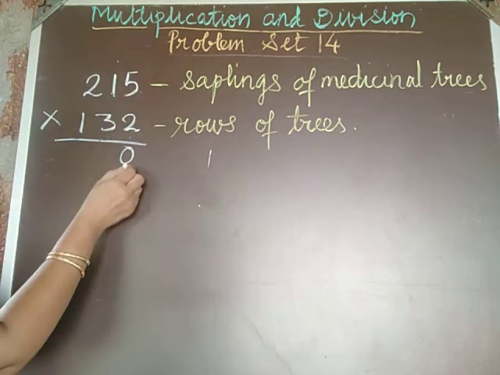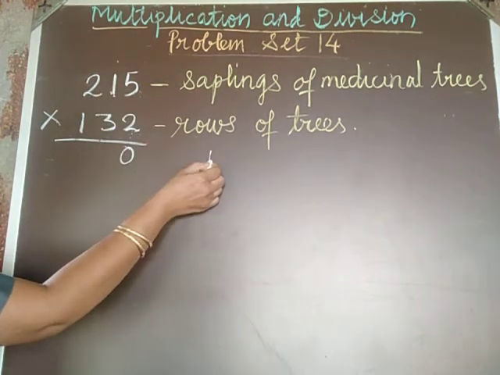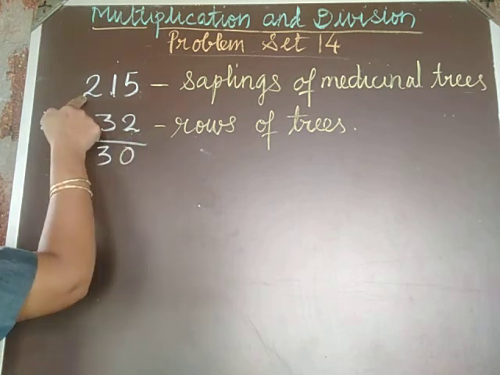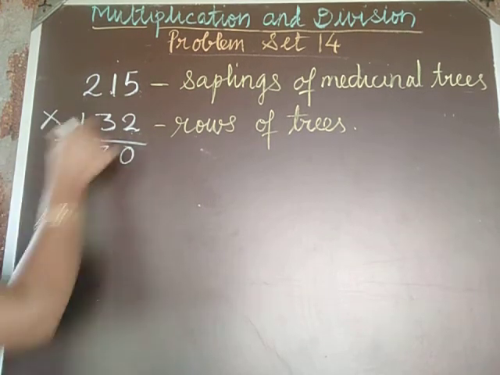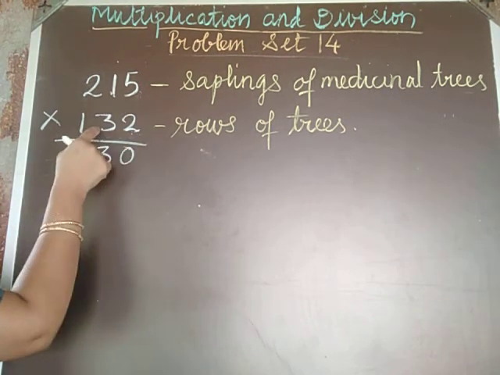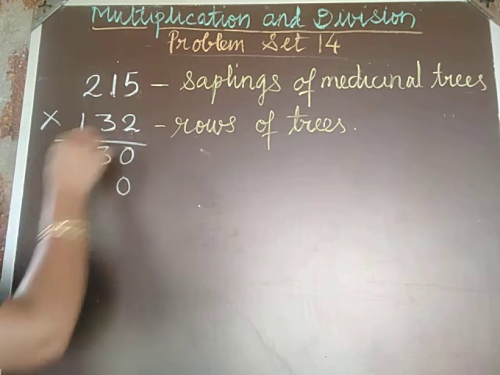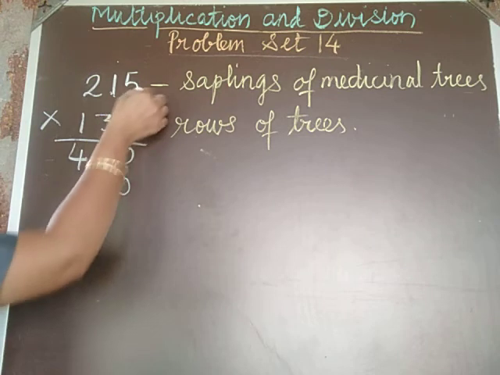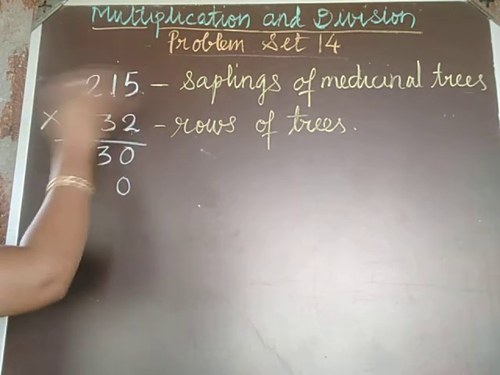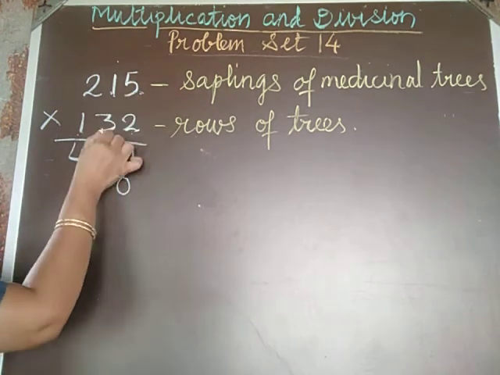So 2 5s are 10. 0 you are writing here, 1 you have written here. 2 1s are 2 plus this 1 becomes 3. So nothing is carried now. Now 2 2s are 4. That means 215 multiplied by 2 is 430. Now when you are going for the second number, that is the tens place, you will write 0 in the units place, because it is actually 3 tens, that means 30 multiplied by 5. Then 1 hundreds means 100 multiplied by 5. Now we are going for 3 tens. So 3 5s are, or 5 3s are 50.